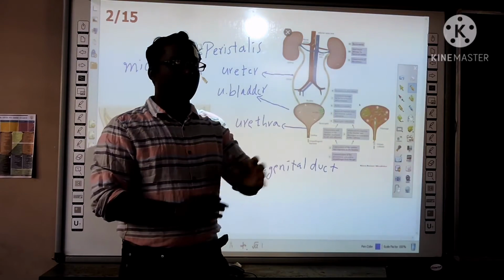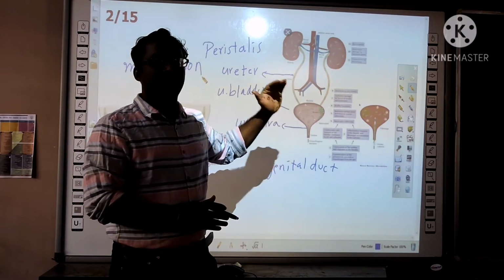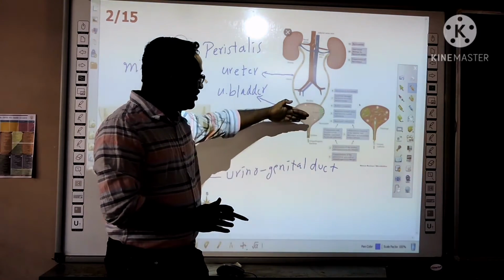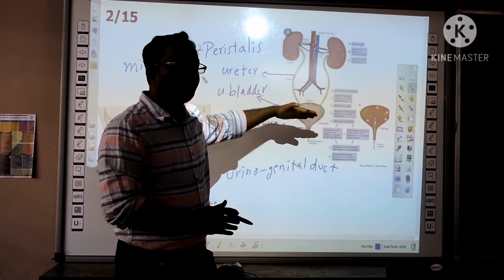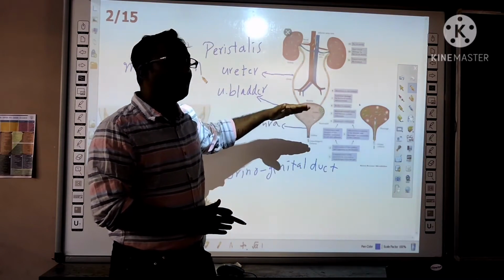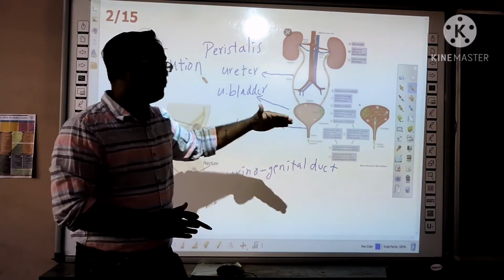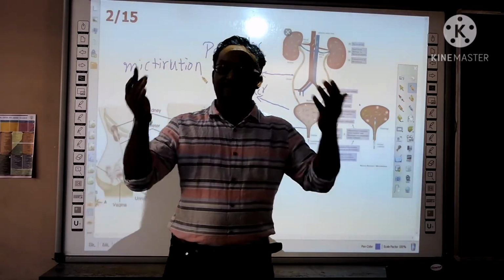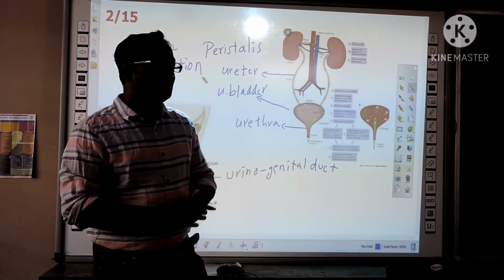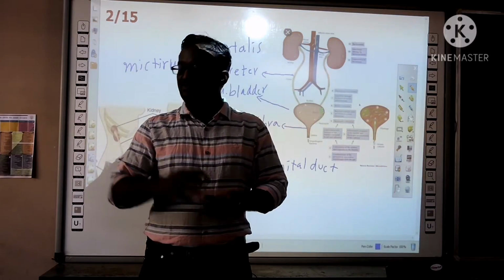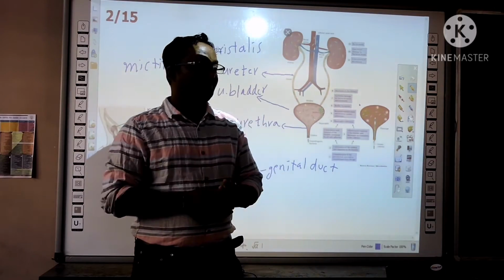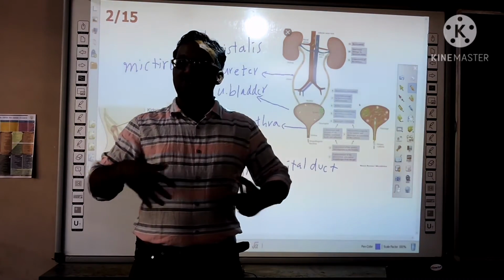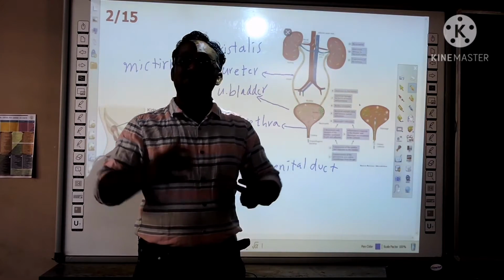But here there is a difference between adult and child. Child means infant babies. In adults, the upper set of sphincter muscles is involuntary and the lower set is voluntary. Involuntary means that activity is not in our brain control. Voluntary means we can control that, right? See, we can fold our hands at our wish. Can we control the heartbeat? No. Can we control the stomach movements? No, because they are involuntary.